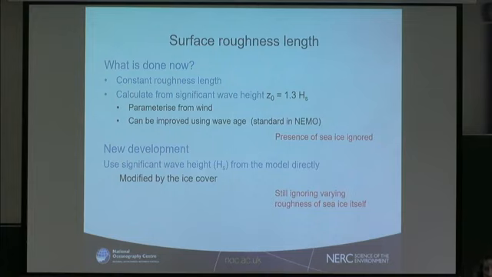One thing is that we are still ignoring the variations in the roughness of the sea ice itself at the bottom, which in the pack ice is actually more important than wave height. So what we do is we set a minimum roughness length that corresponds to the average that you should get if you account for various shapes that is used in form drag.